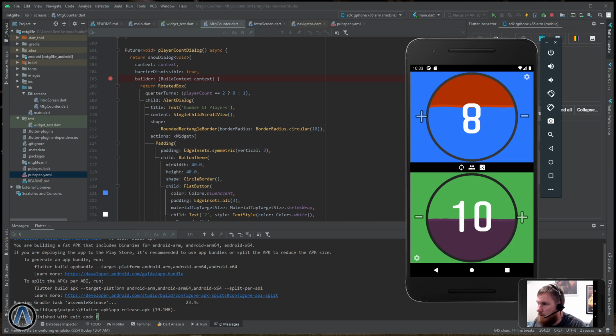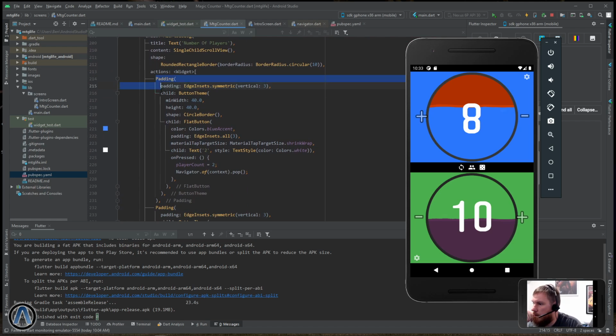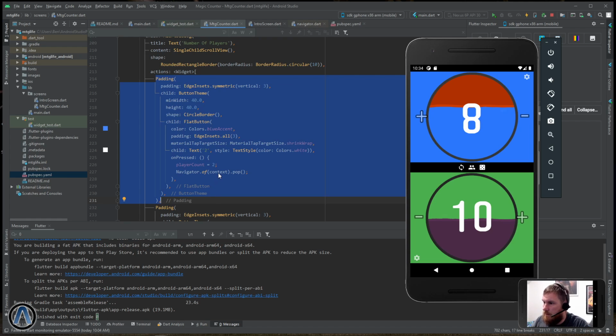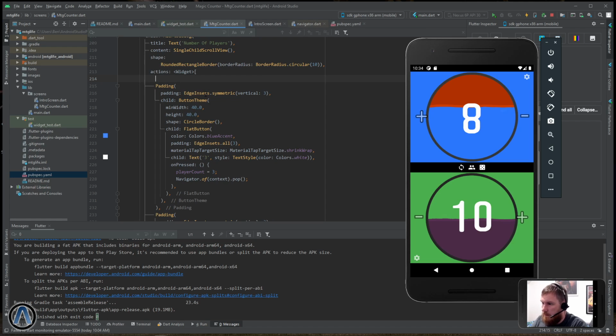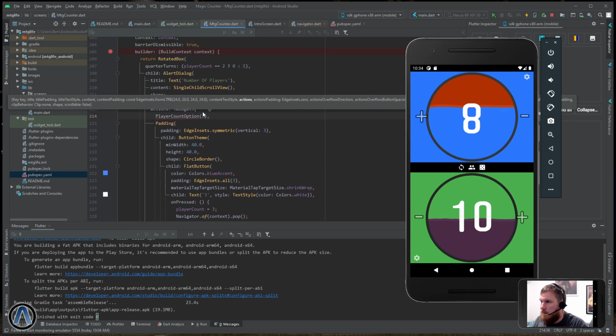So the first thing I want to do in this case is take these widgets and break them out to their own function. And let's call that function player count option. We need to pass it the